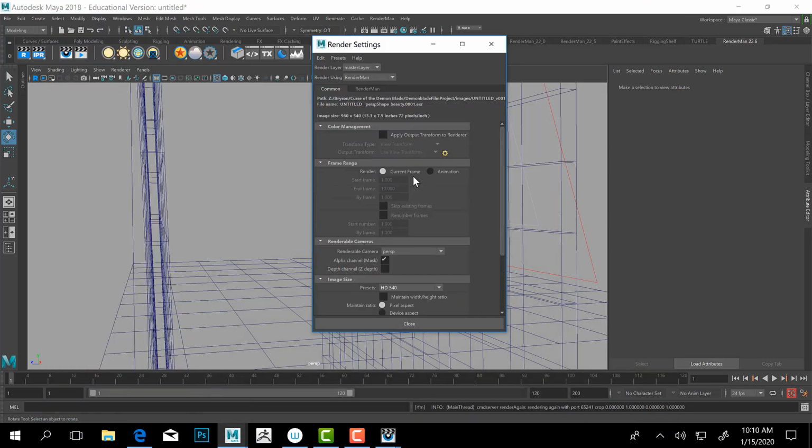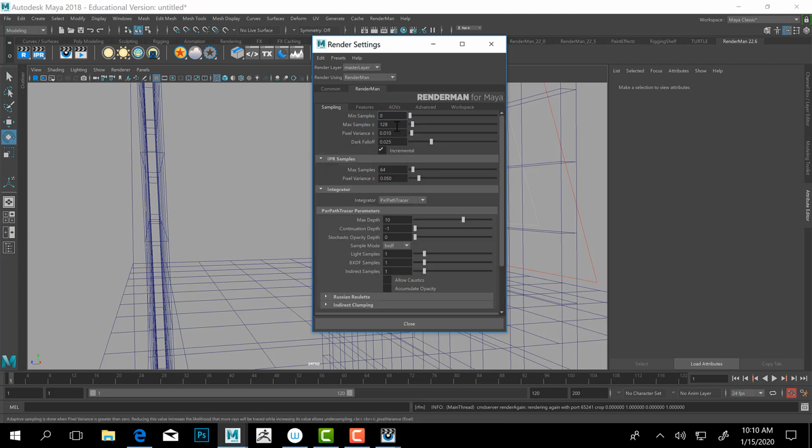And let's go to max samples here. This is going to be the maximum number of samples that Renderman is going to use when it's going in and examining every single pixel in the image. So you'll see the little dots going across the screen. That's the sampling. It's just going to go through and check everything. The higher the number, so it's set to 128 now, the finer the image is going to get. It is going to go back and refine every single pixel and light sample